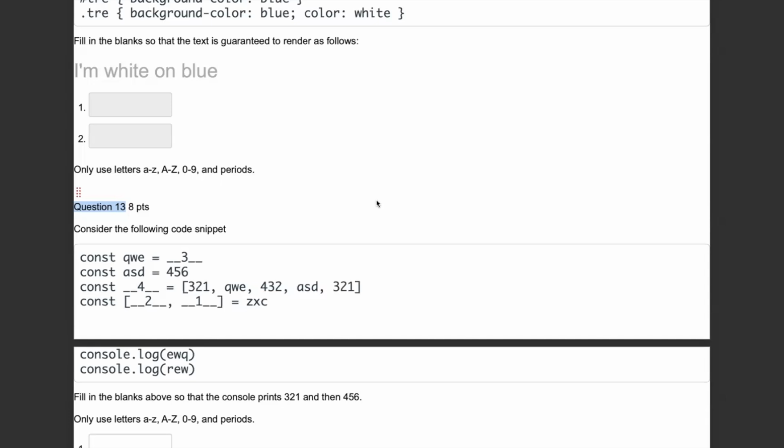So 4 must be ZXC, okay? Because the other ones are not arrays, right? The array destructor only works with an array. So it would not work with QWE or ASD. So it must be that 4 is ZXC. And so we are destructuring the array that contains 321, QWE, 432, and so on and so forth. And notice that we are extracting the first two items, and it says console log EWQ, console log